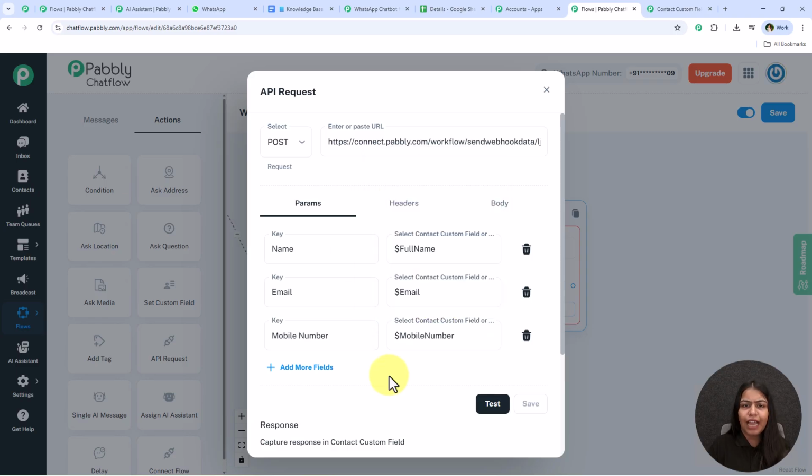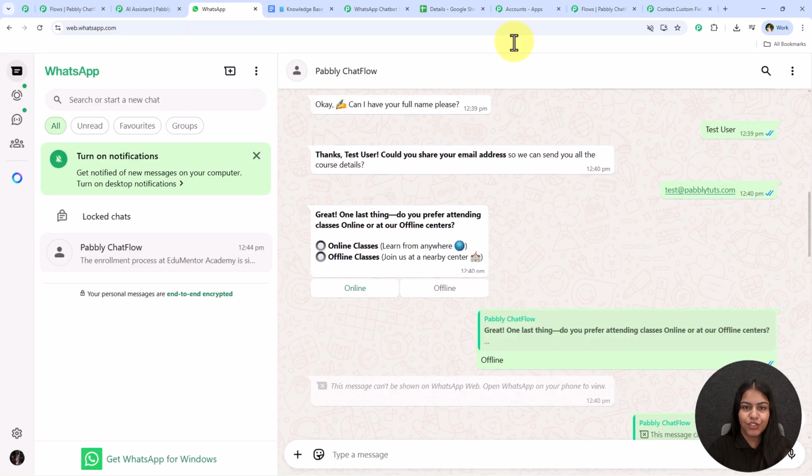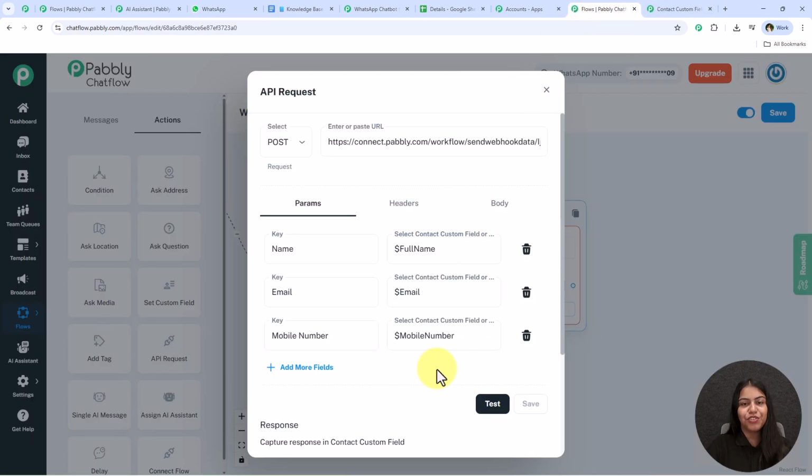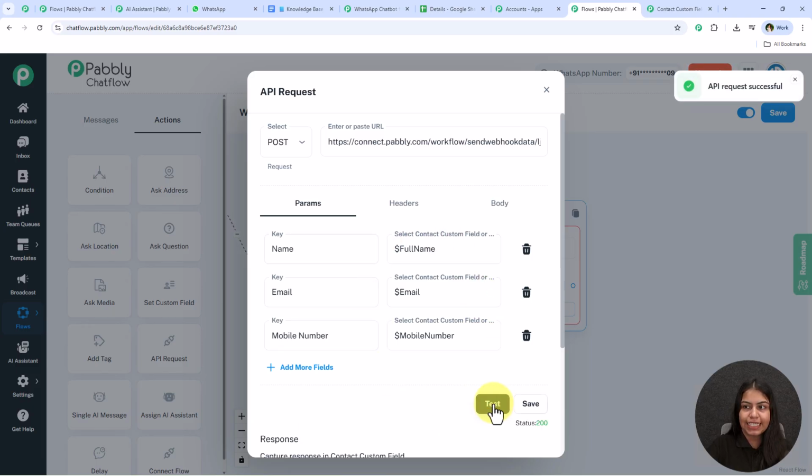So you must be wondering that we didn't collect the mobile number. What happens is that whenever a user messages you on WhatsApp, their mobile number is automatically collected. So you can simply select it right over here and send it to Pabbly Connect. To do this, I'm going to click on this button which says test, and it is saying